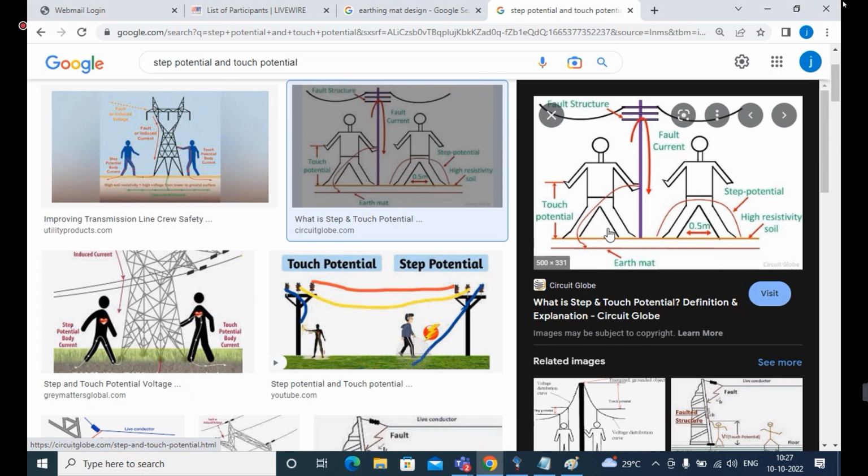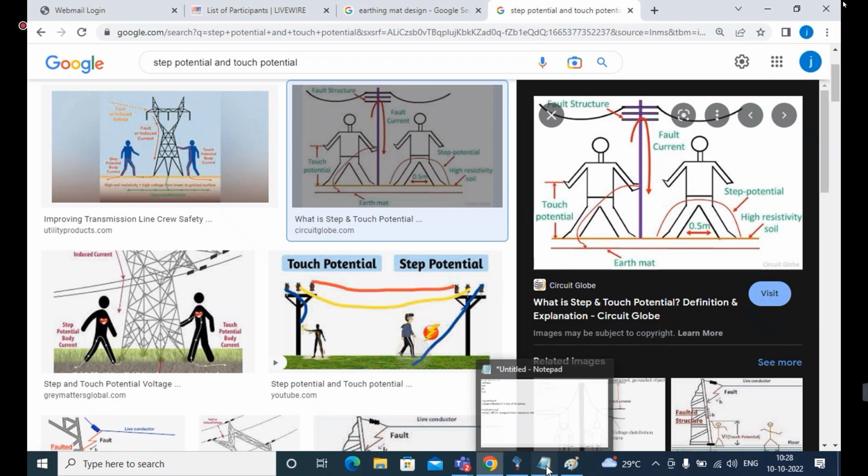And one more thing, how do we determine the tolerance value, the maximum value? For that we are going to use two methods. Here we are going to calculate step potential and touch potential. Apart from that, we check whether they come under the tolerance values or exceed the tolerance value. For the tolerance value, we are going to use two methods, the IEEE method and the finite element method.